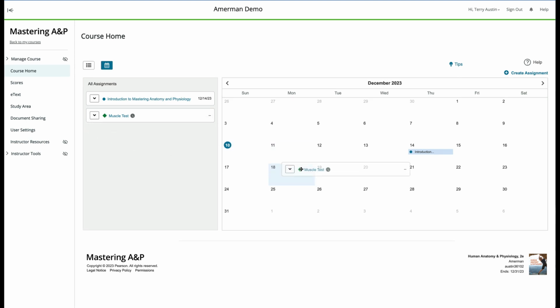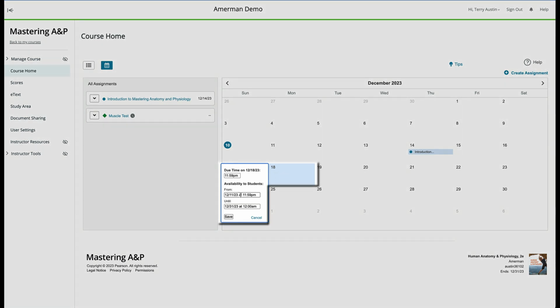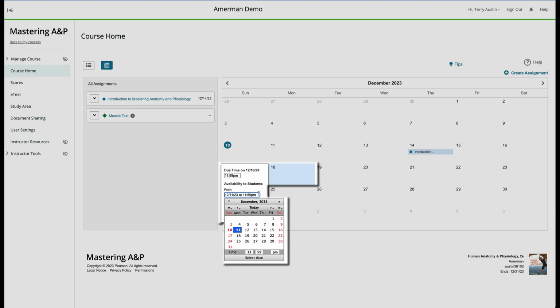So I'm going to drag that down and have it due on Monday. But at this point, I'm going to do another fun trick just to be sure you're aware. If this is something I want my students taking on Monday at, let's say, 8 in the morning, I don't want them even seeing that until that time. And this availability date is when they can first see it. So I'm going to click that. And if it's on the 18th, I want it visible on the 18th at,